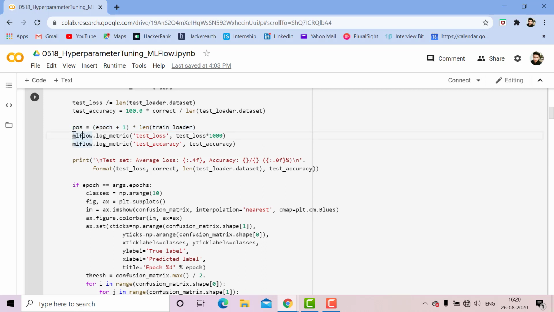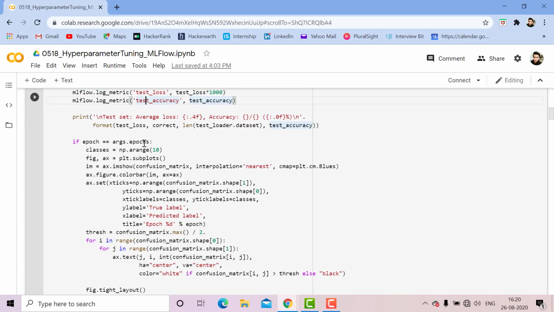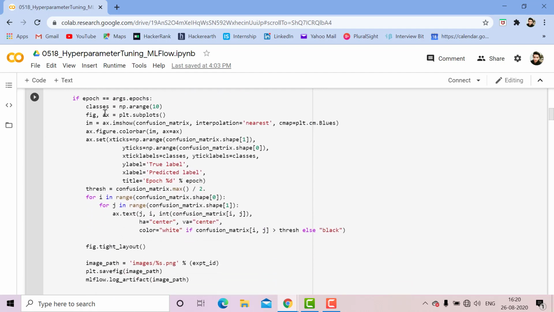Now mlflow.log_metric function with test_loss, test_loss multiplied with 1000. Similarly for test accuracy. Now if epoch is equal to args.epochs, then this function body will execute and so on.